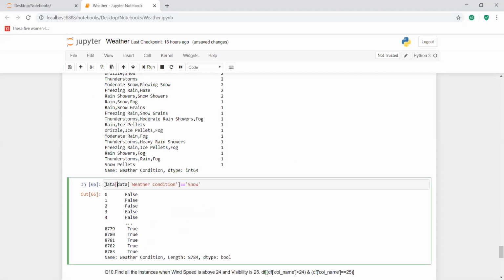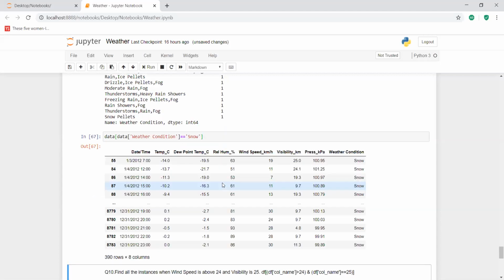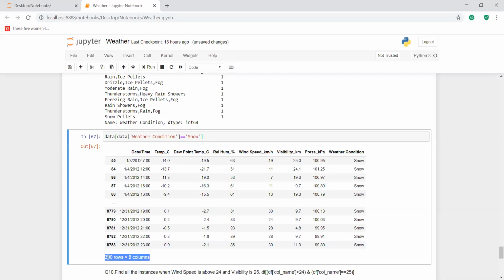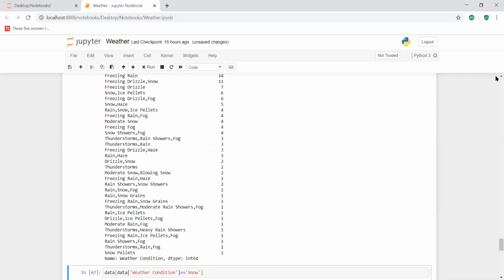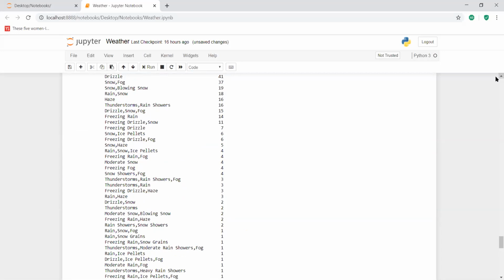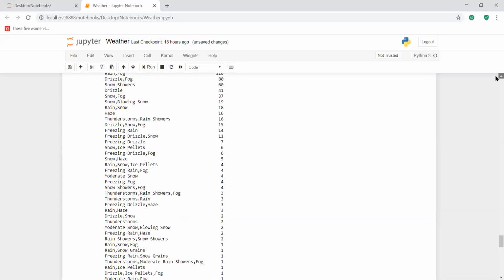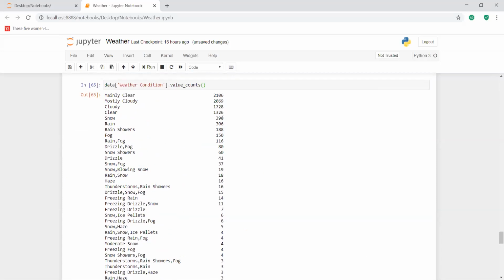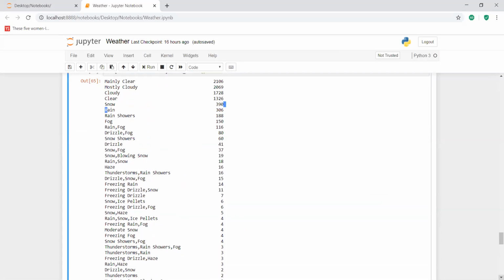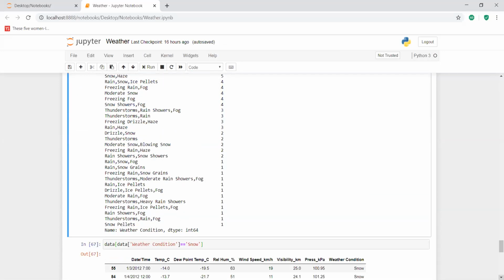Instead, you cover it up with our data frame. You see here, this is also showing only 390 records with snow, just like value underscore counts. It is just showing the snow record alone. Even our filtering method is showing that snow has occurred only 390 times.